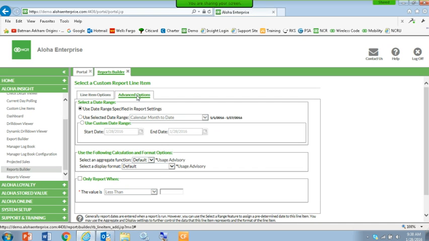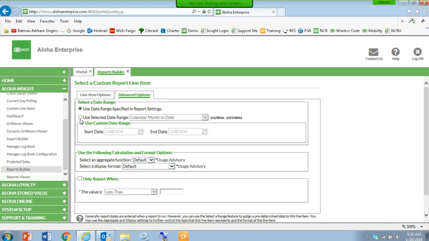All right, so as we go to advanced options now, basically you'll see that you can use a date range specified in your report settings. So as we come in here, what you're going to see is that you're going to line up with the same type screens that you see in Report Viewer. So it gives me the stores to choose, the report settings, and the scheduling, being able to schedule the report. All right, so that's saying, hey, anything that I'm going to do for date range, I'm going to default it to what it is in the report setting tab